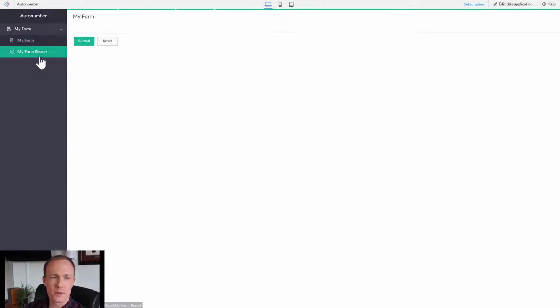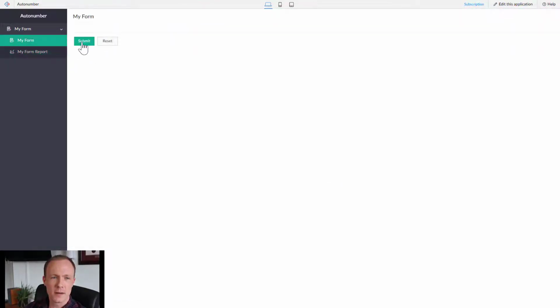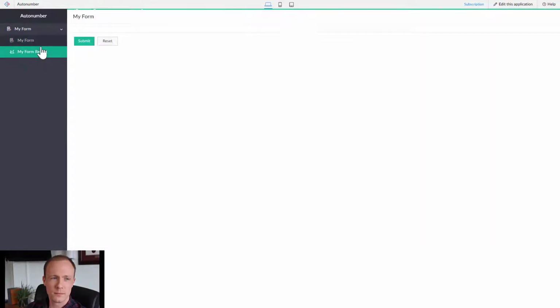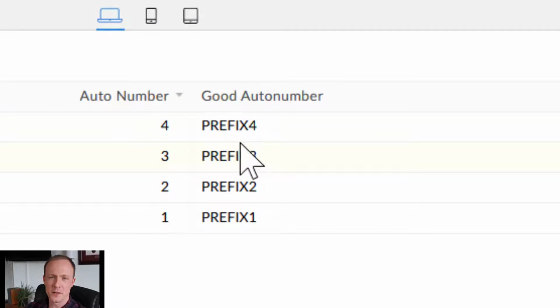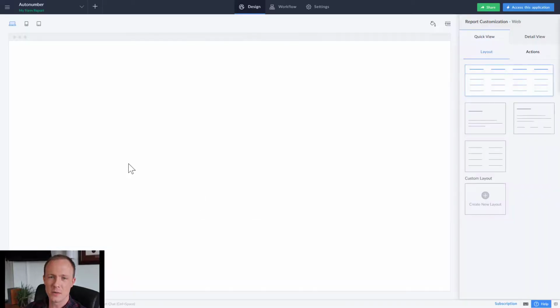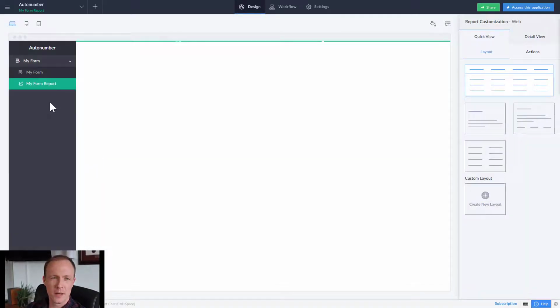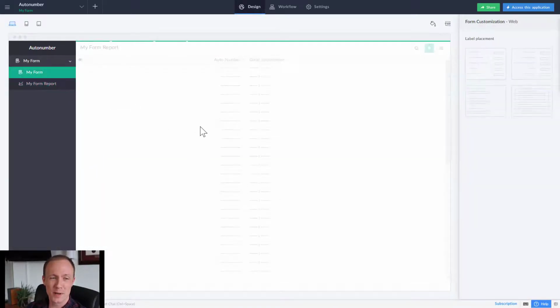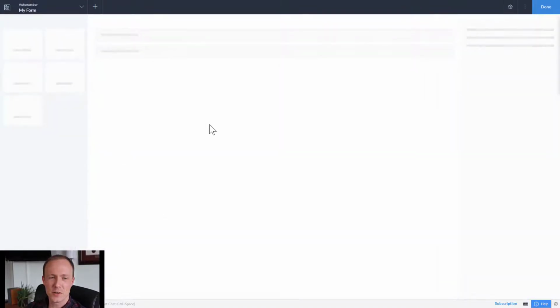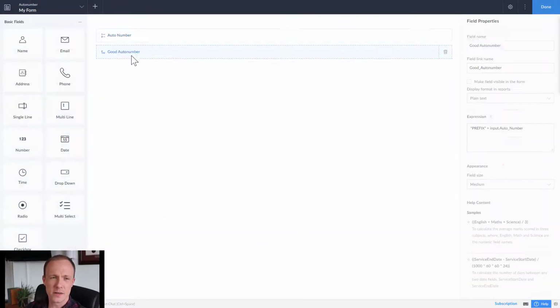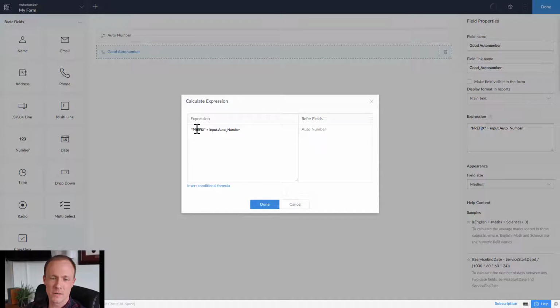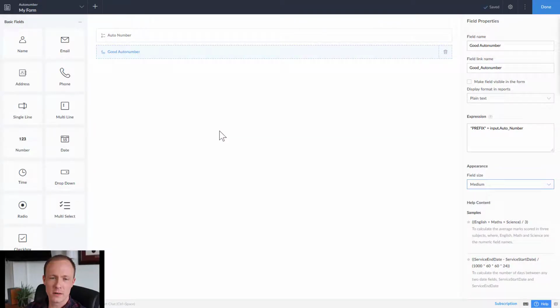But for this, we can take a look at the report, see nothing there. We can just add a few in. And we can see that good auto number has the prefix. Now, using the formula field also has the additional benefit. So let's say we don't want to have the actual word prefix as the prefix and change it to something. Or later on down the line, if you decide to have another naming convention, you would just go into here